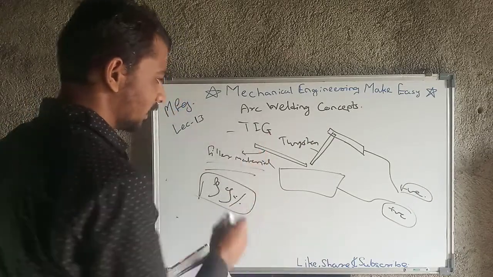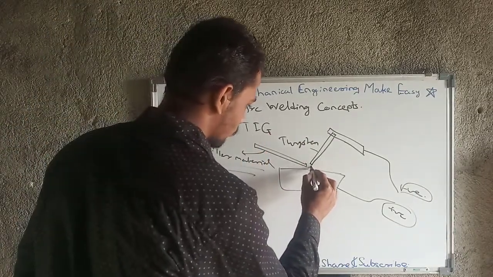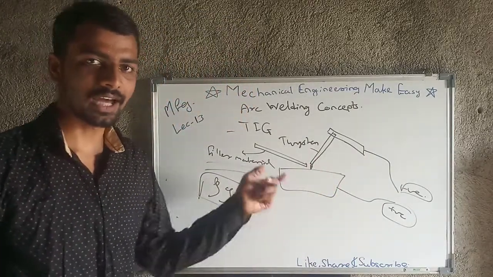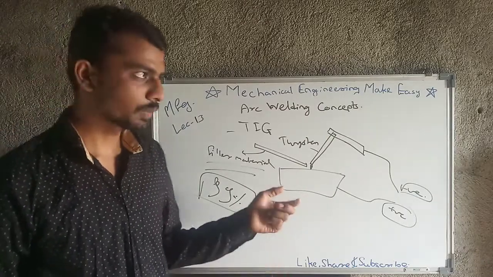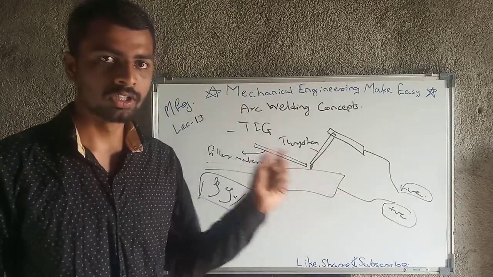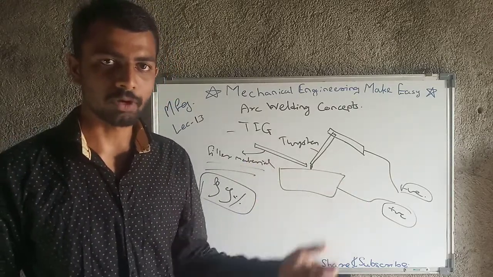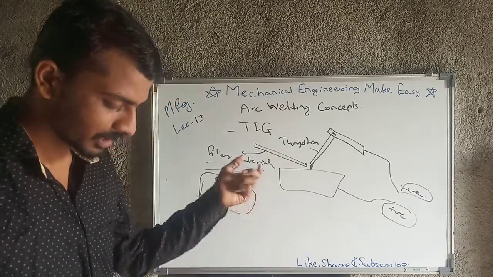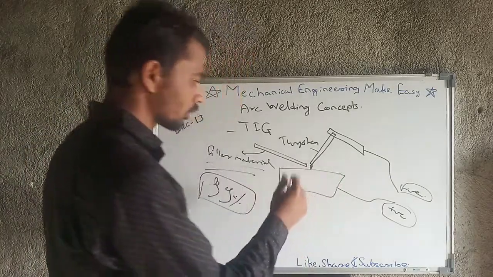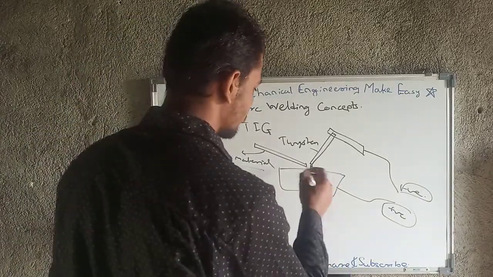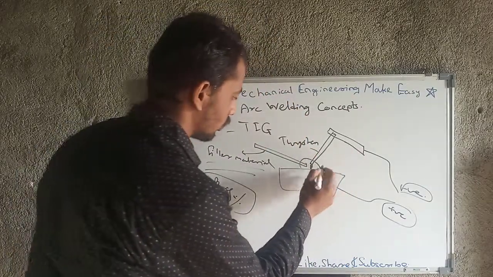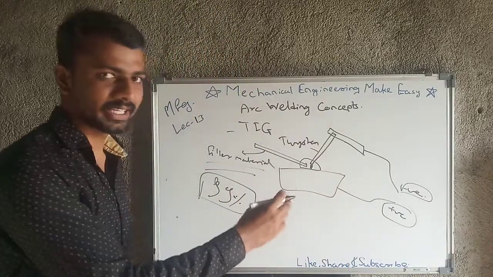So in case of TIG, the arc is visible. What is the arc formed here? That arc is visible as we are not using any shielding gas etc. That's why the arc is visible to the operator. As the arc is visible, the operator can see the arc developed and watch the whole process, so the joint will be proper. Then next, argon gas is used. As this is tungsten inert gas welding, we are not using any shielding gas, but argon gas will be used for proper welding, so that there should not be any impurity etc.